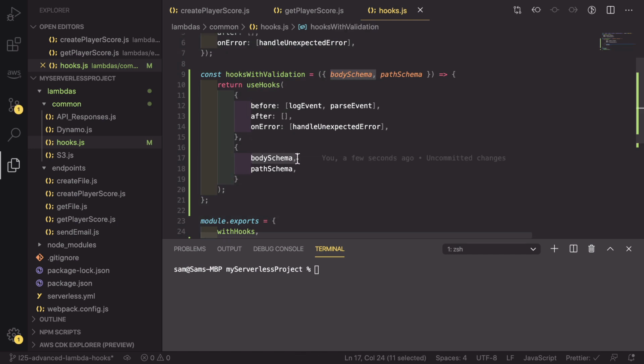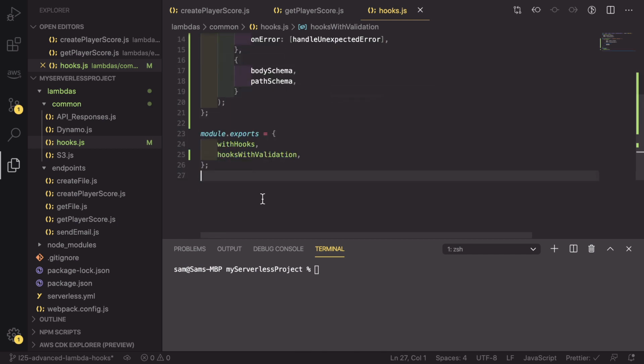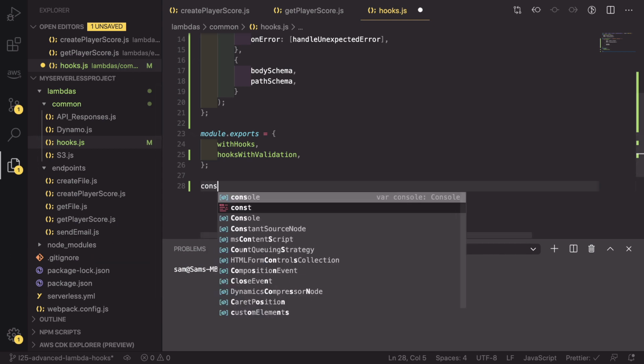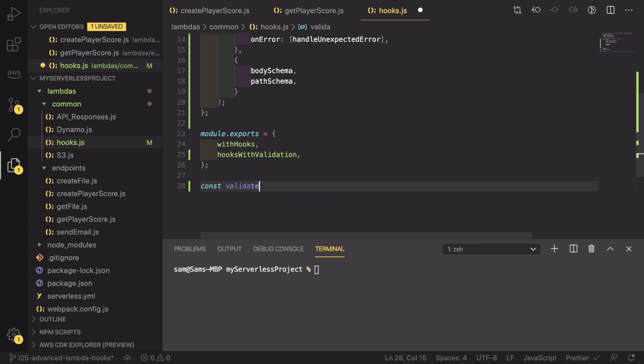We now have a schema for the body and the path, but neither of our hooks before are doing anything with those schemas. So now we are actually going to get down to writing our own hook. We're going to have one hook which is going to validate the event body. So if we go down here and say const validateEventBody,